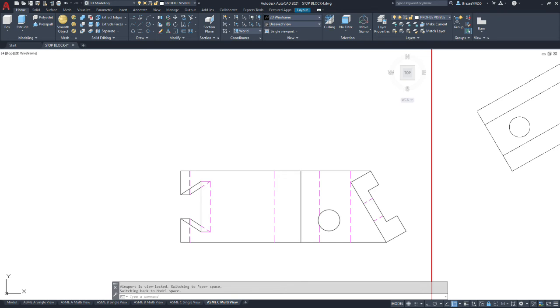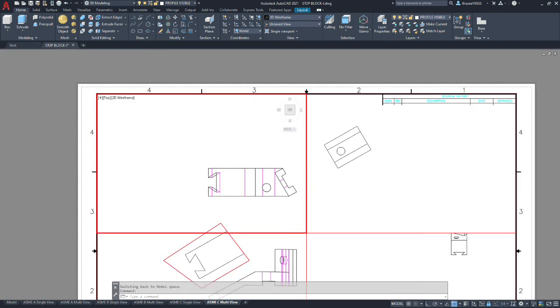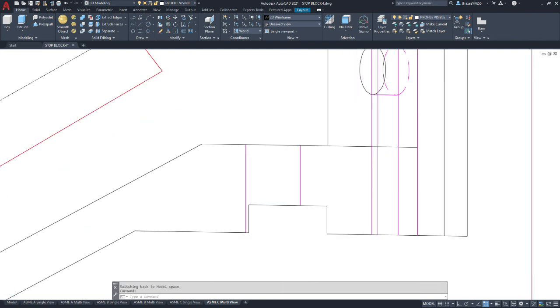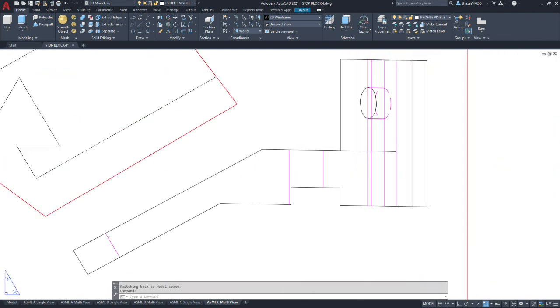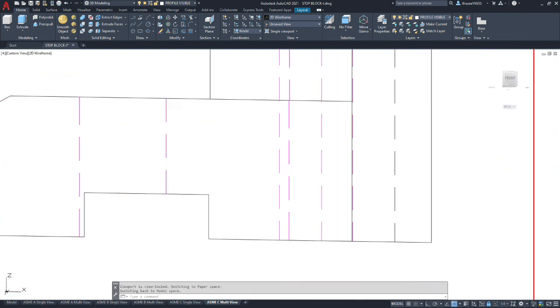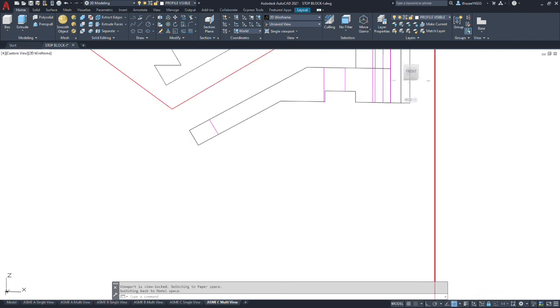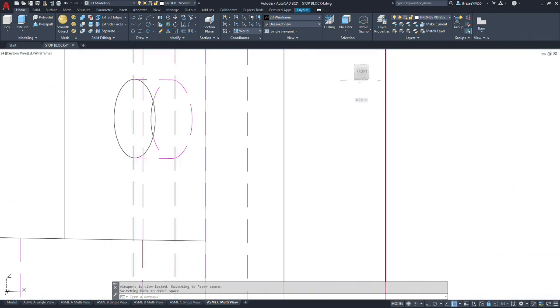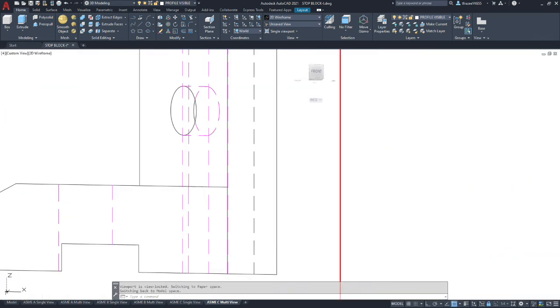Okay, we should have our hidden lines showing up in magenta and our solid lines. When I'm zoomed out, they don't appear as hidden. I think I might have an issue with one of these. Oh, yes, this one's hidden as well.